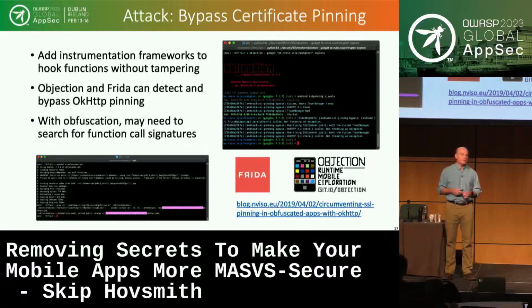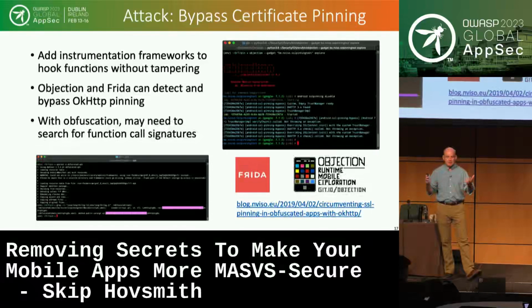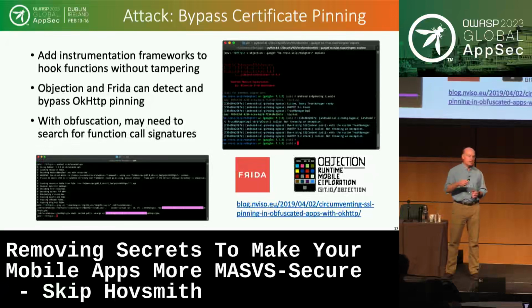Frida is a very popular framework for doing this. Objection wraps a lot of Frida and makes it very easy to use. And there's a whole class of libraries that you can get access to for bypassing certificate pinning. So in the case of objection, for example, you run objection, it'll look at the APK, decompile it, and figure out, okay, it looks like the networking stack you're using is OkHttp, so I'm going to apply this sequence to go ahead and replace the function call and intercept that, and you're off to the races.